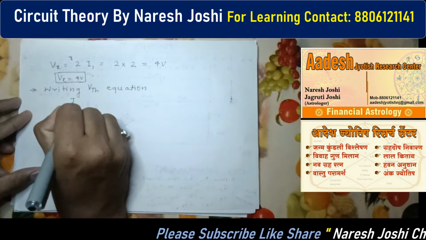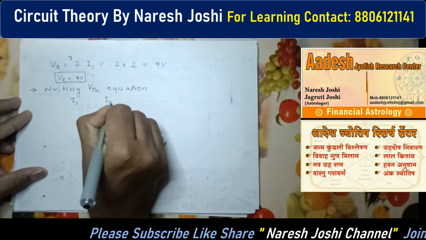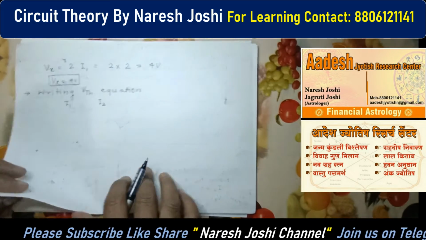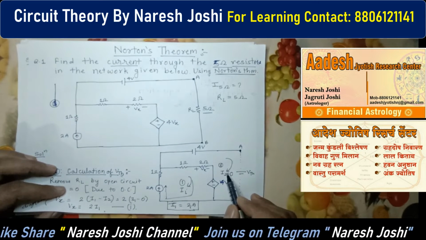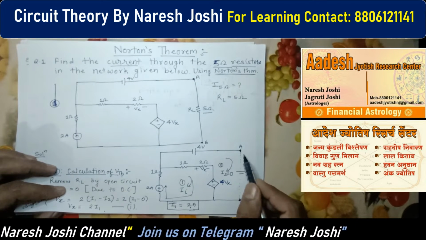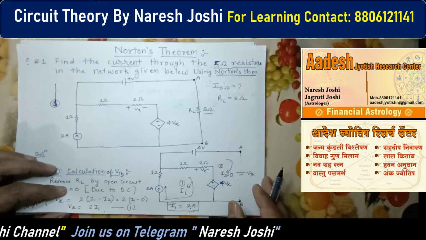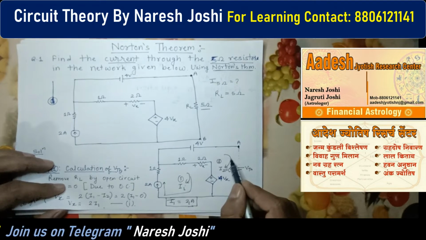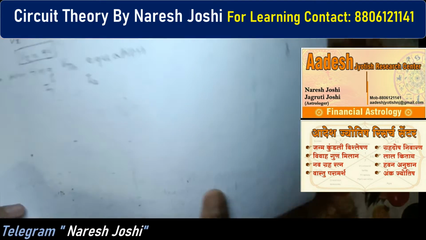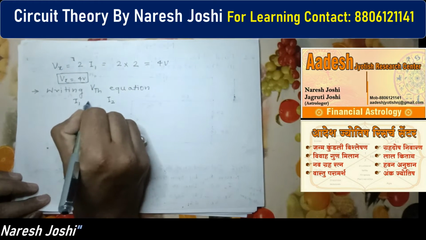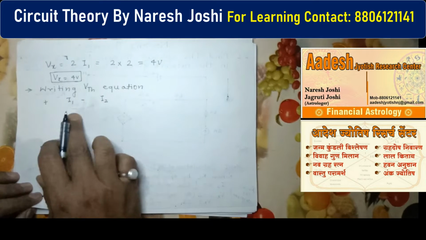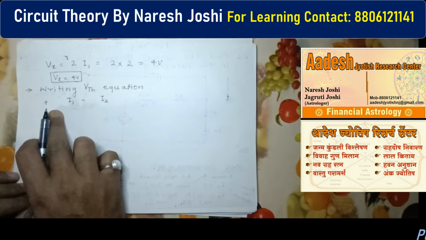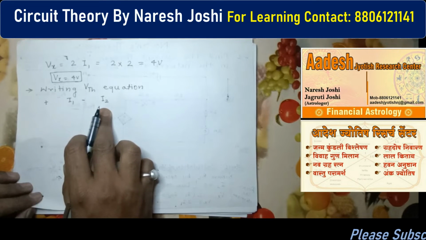First one is the I1 and another one is the I2. Okay, next, we are applying the KVL, we are writing the equation for the mesh 2. So that's why we can say we are applying KVL to the mesh 2. So when we are applying KVL to the mesh 2, our I2 will be negative magnitude and I1 will be positive magnitude. Okay, now we have to check what is the magnitude of I1 and what is the magnitude of I2.